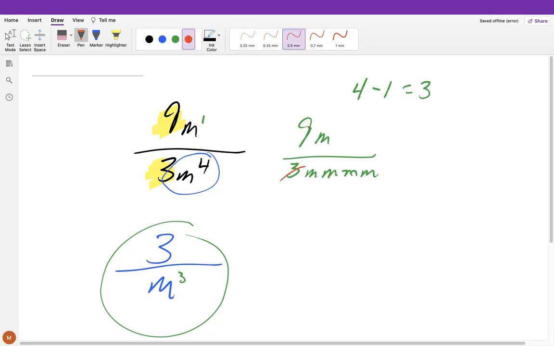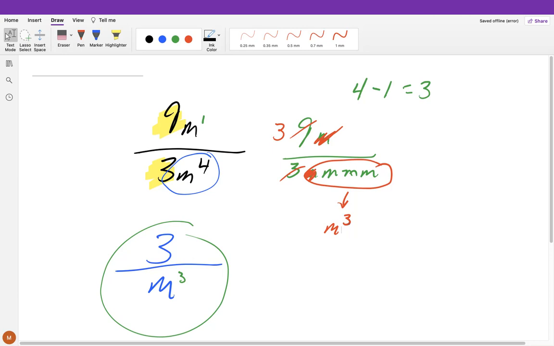Well, I know that this 3 and this 9 are going to reduce to give me a 3. And this m is going to only cancel out and give it to one of those m's. So I have 3 left over in my denominator, which is m cubed. Like I said, when we go over negative exponents on Thursday, it should hopefully make a little bit more sense to you, but